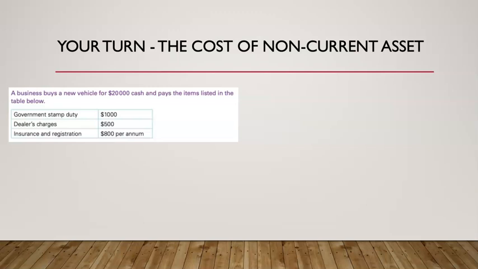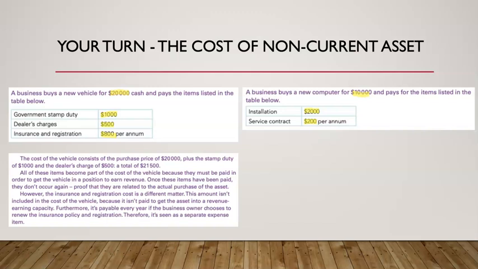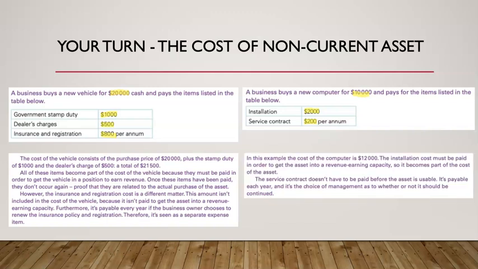A business has bought a new vehicle for $20,000 cash, but it then must pay stamp duty of $1,000, dealer charges of $500, and must pay insurance of $800. And also, what is the cost of this non-current asset? A new computer which we've bought for $10,000 plus installation of $2,000, and we have a service contract of $200 per annum. I hope, and you can pause this video, have a look at the detailed information, that you've determined